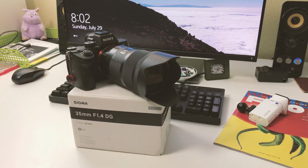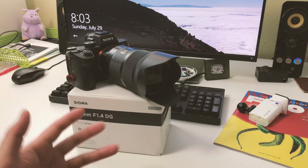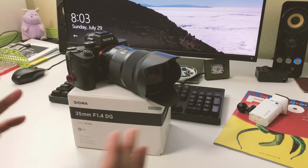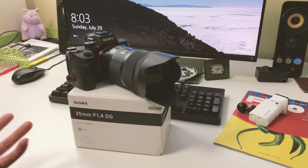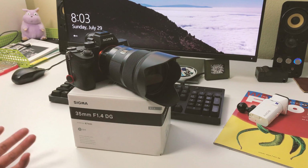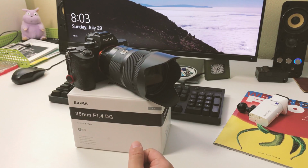And it was really embarrassing and frustrating because I had done some initial unboxing and testing of the lens. Even though there was a little hiccup, I thought it would work, but in the end the autofocus just suddenly died during the photo shoot. I sent the lens back for exchange to B&H, and this is the new lens that I received back from them